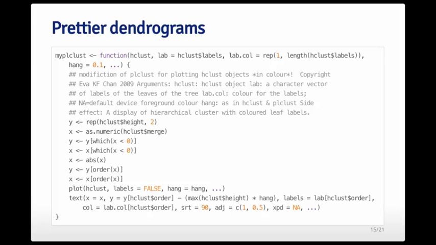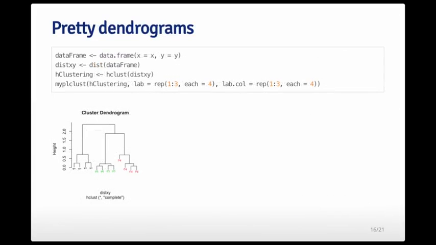So the cluster dendrogram that's produced by default in R is relatively nice, but it is possible to make it a little bit nicer. So this myPL+ function, which is available on the course website, you can download it straight from there. And once you source it into R, you can get this function, which in turn produces a cluster dendrogram, but